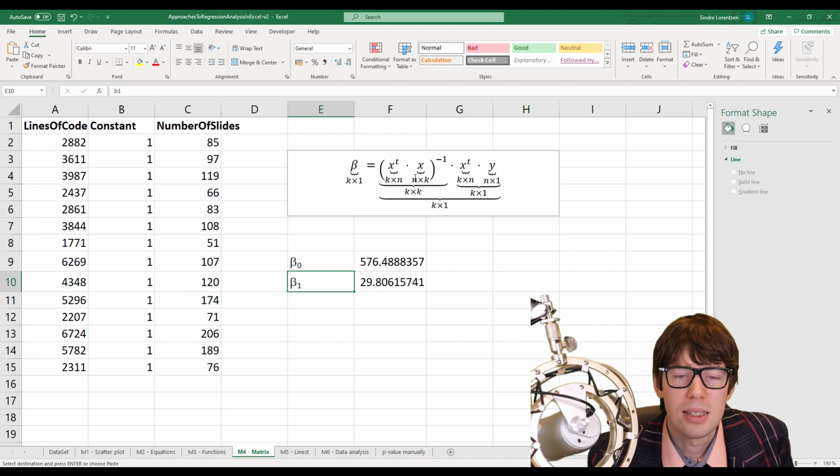X is the data matrix. It's n times k: n observations and k variables. Here k is actually equal to 2 because we have a constant term. So you can implement this with functions here in Excel. If you look here,